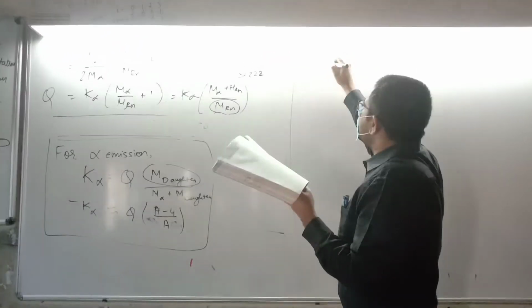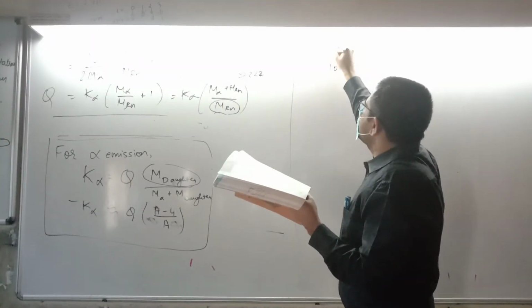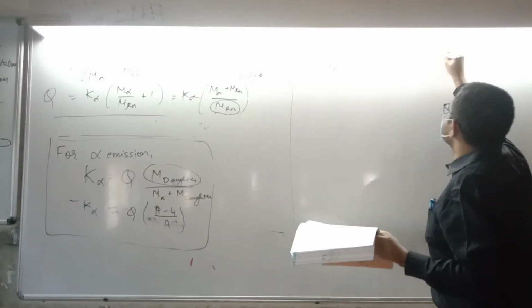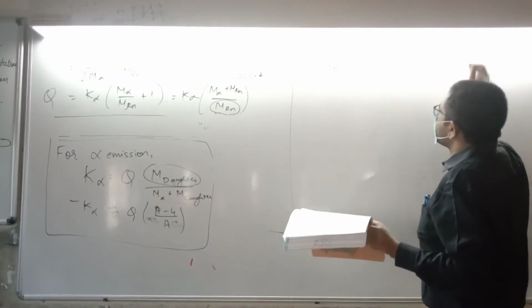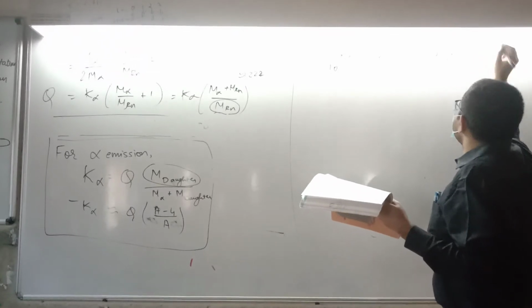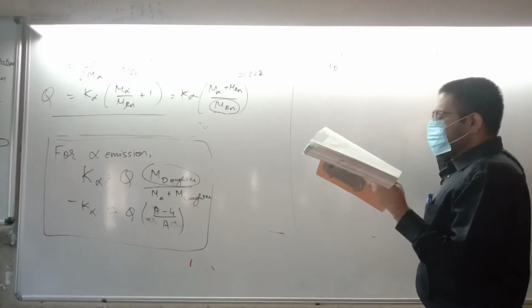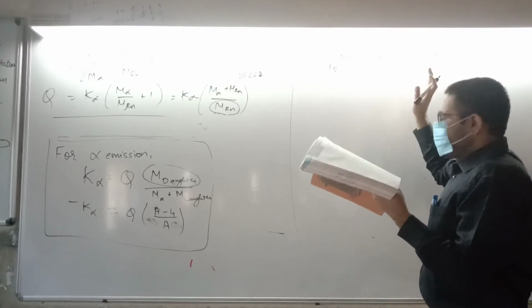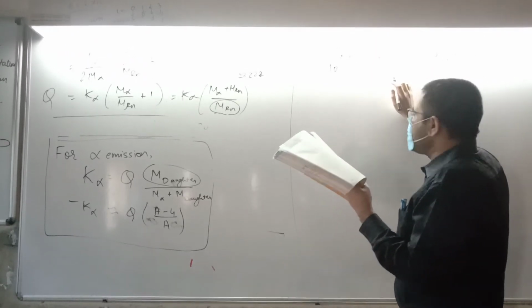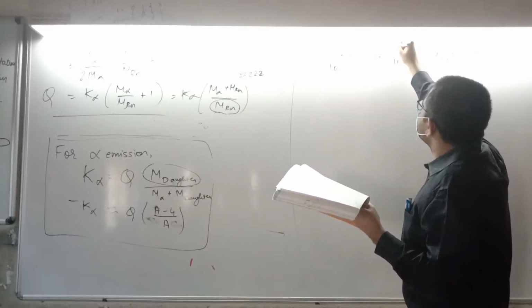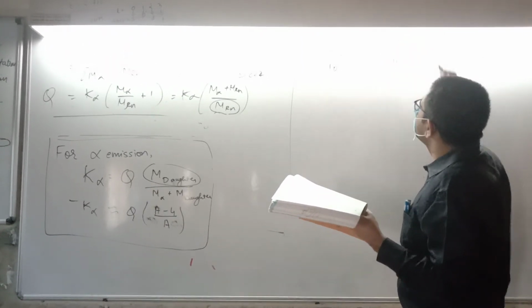What's given: Ne 23 decays by beta minus emission. Beta minus means emitting an electron along with it, and the antineutrino is of no use to us. We write down the beta decay equation and determine the maximum kinetic energy of the electrons emitted. What will be the product here? 11, so sodium.